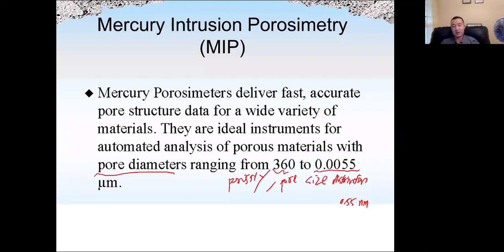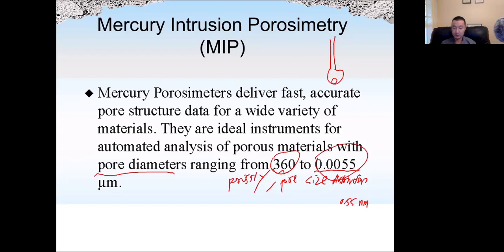All right. So last time we just started talking about MIP, which is mercury intrusion porosimetry. This method uses pressure to push mercury into the pores of a specimen. The pressure can be pretty high. The pore size that can be measured is around 360 micrometers under low pressure, and down to 2.55 nanometers